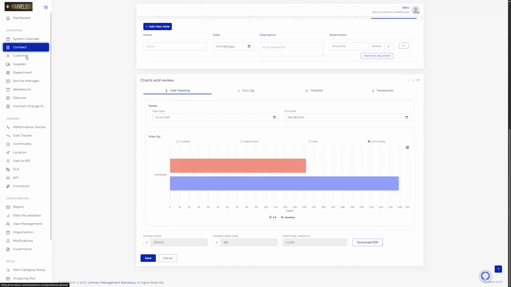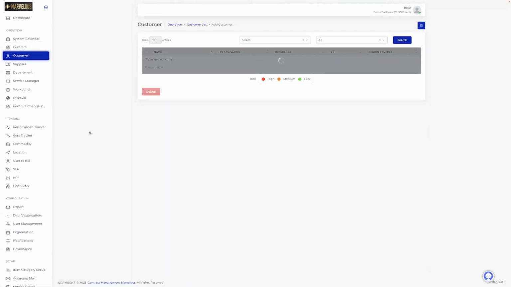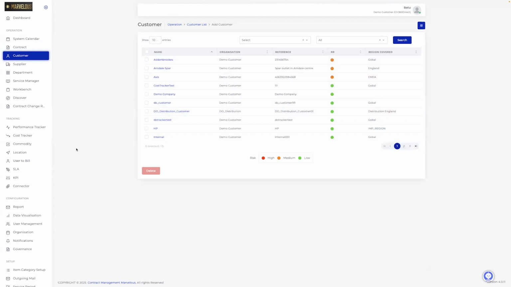All right. Next thing, we're going to be talking about the customer. Under the customer, we basically can add our customers with their name, which organization they're from, their reference number, and which region they cover, right? These are already the existing ones in the system, but we can always